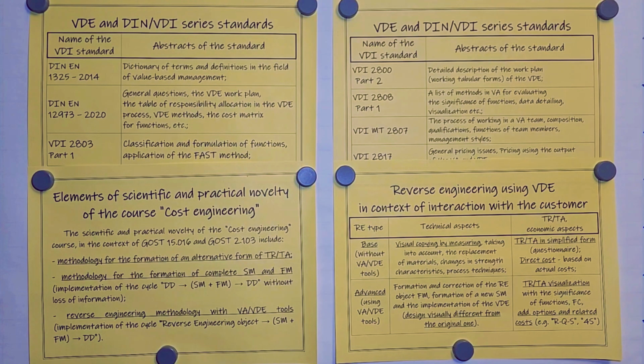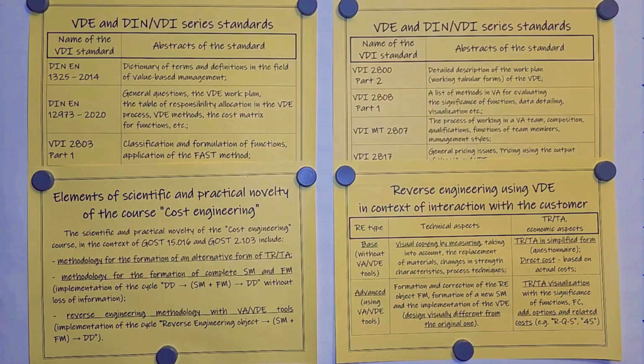To use domestic terminology, we named it value design engineering. The next standard to consider is the DIN 12973, Value Management. The introduction of the standard indicates that the purpose of its creation is to describe and define value-based management and provide guidance on the implementation of fundamental concepts, approaches, basic principles, value factors, procedures, and tools for